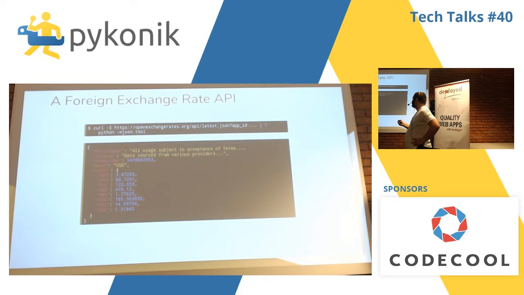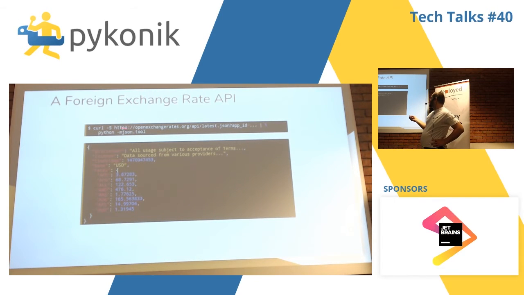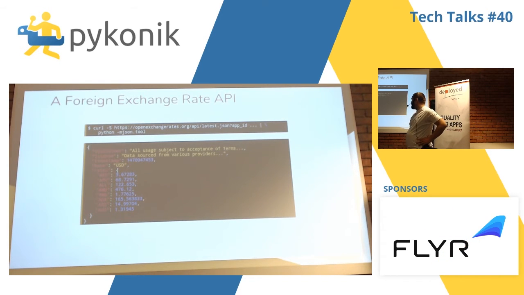Okay, there is a foreign exchange rate API you can use. It's Open Exchange Rates. You can register and use it, for example, with a simple curl query. There is a result,